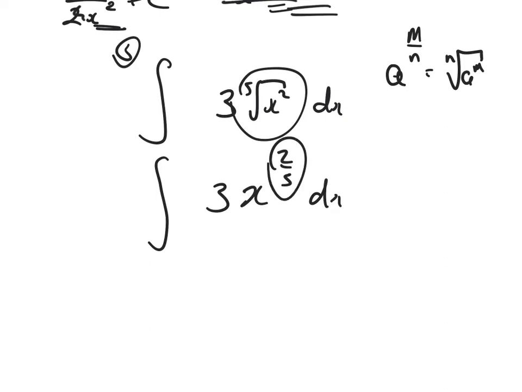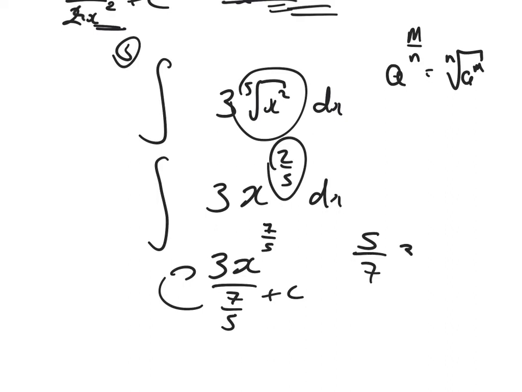So add 1 into the power, divide by the new power. 2/5 plus 1 is 2/5 plus 5/5, which is 7/5. So it's 3x to the power 7 over 5 divided by 7 over 5 plus c. And then bring the fraction up, flip it over. So that will be 5/7 of 3x to the power 7 over 5 plus c. 5 3s are 15, so it's 15 over 7 lots of the 5th root of x to the power 7